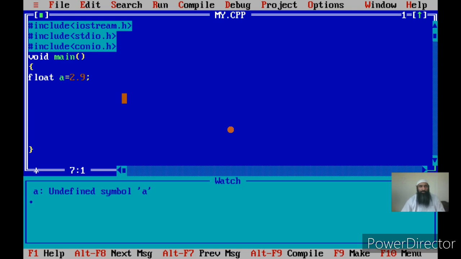See here, if I have a variable, say int a equal to say 7, and I have another variable, say h. I say h is equal to plus plus a.